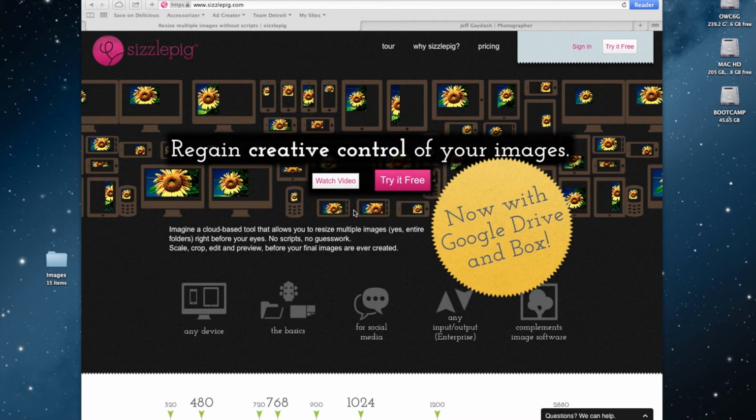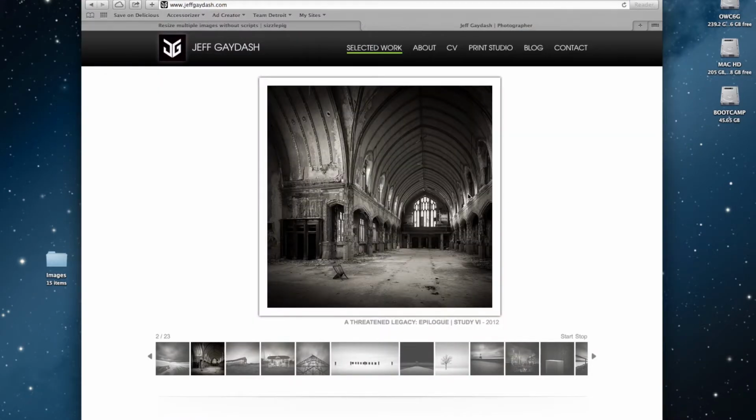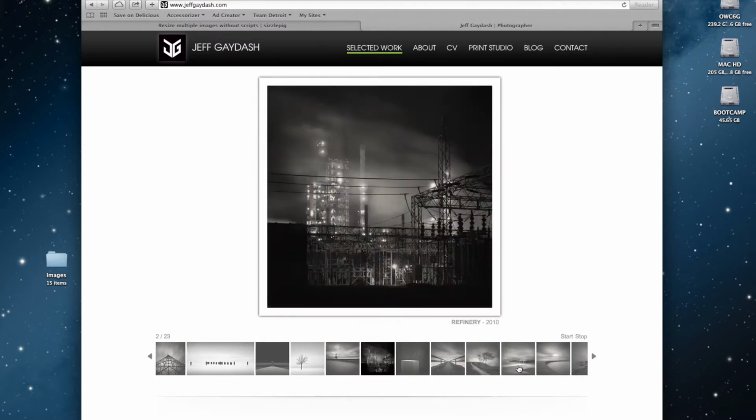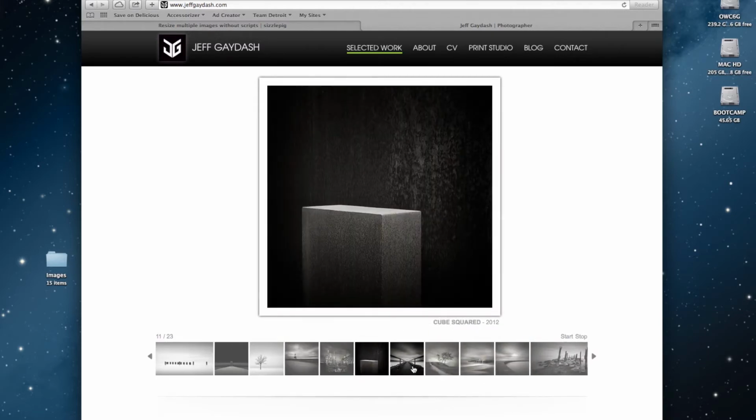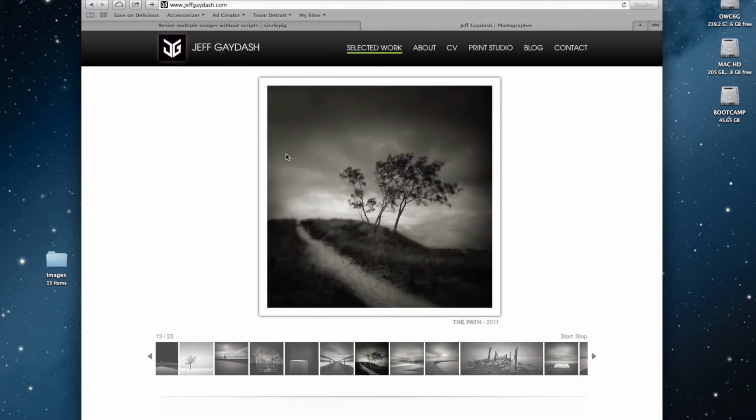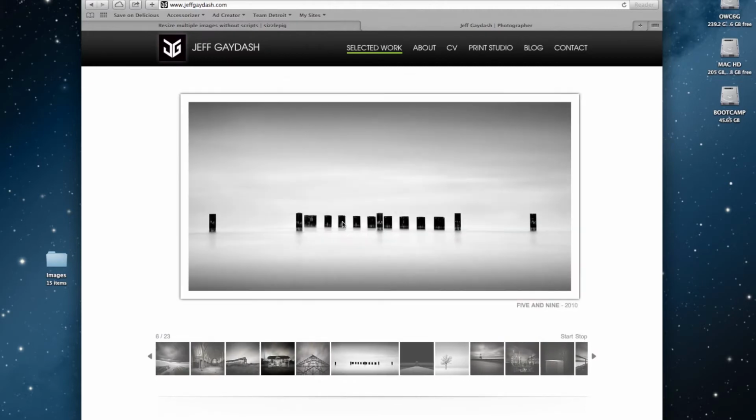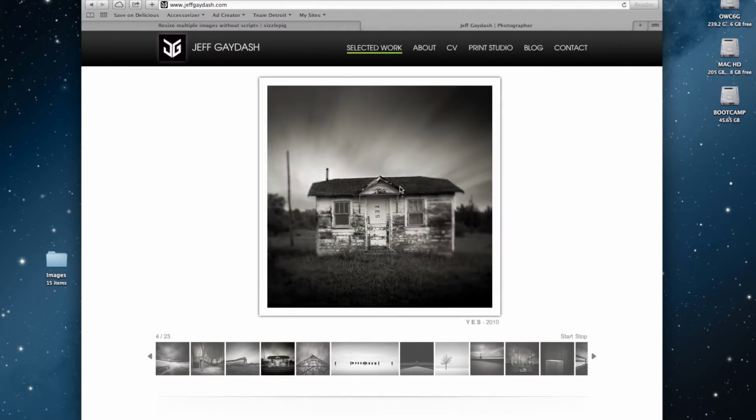Today I wanted to show you guys a very cool cloud-based image processing tool called Sizzlepig. I use it basically in a very simple way, although it does lots of things, to create my gallery images and thumbnail images for my website. My website consists of the gallery image, which is 500 by 500 pixels, at least most of them are. I do have a couple of panoramics in here,